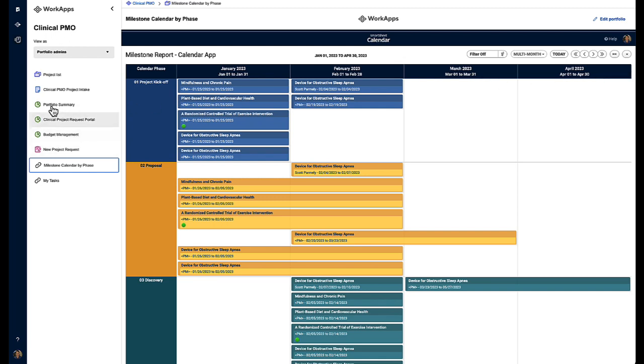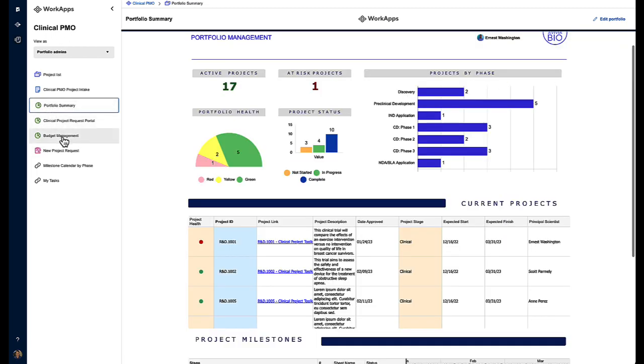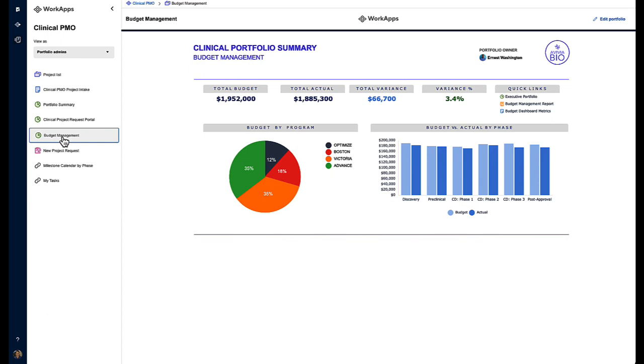In addition to a portfolio summary, we also have a way to manage budget. So again, this is at the portfolio view where it's looking across all of my projects and summarizing key budget information. For example, this is one of the optional components to this solution